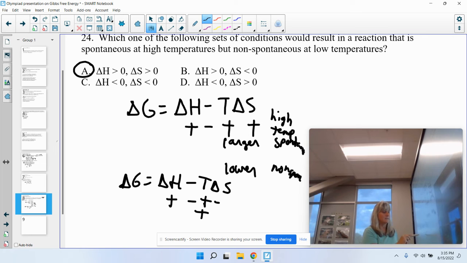So in this case, no matter what, it is not spontaneous. It's not spontaneous at any temperature, because we're adding together two positive numbers. So B is never spontaneous. When delta H is positive, endothermic, and delta S for this system or reaction is negative, so entropy is decreasing, it's never spontaneous. Okay. For C, we have if delta H is negative and delta